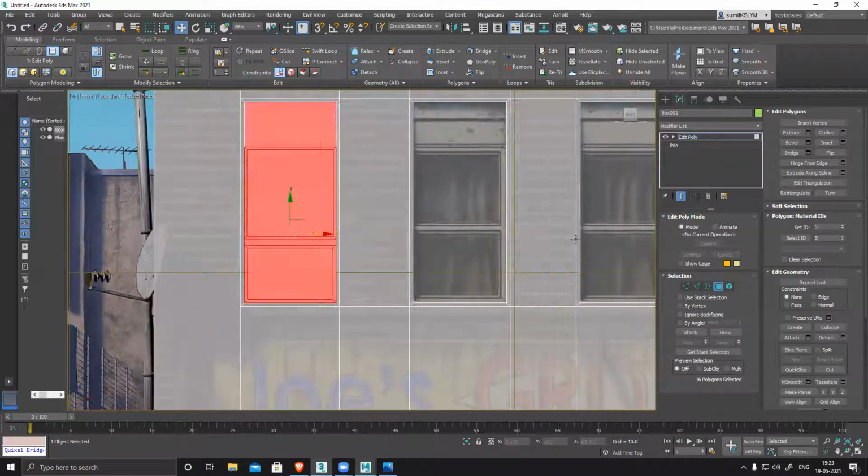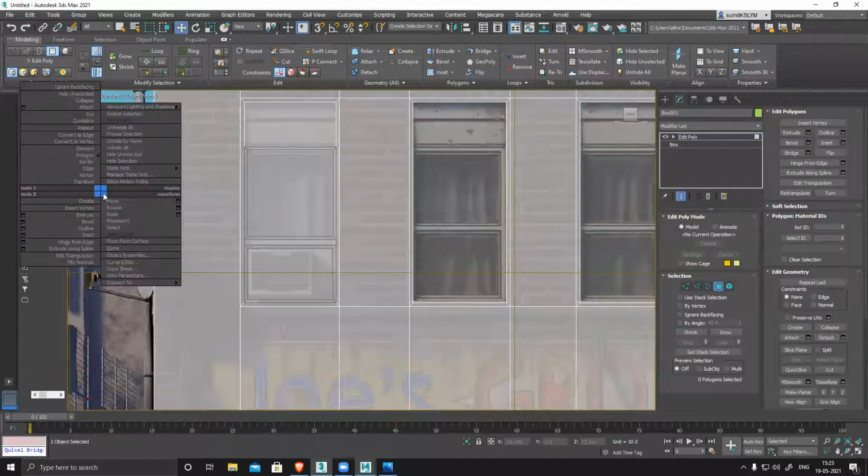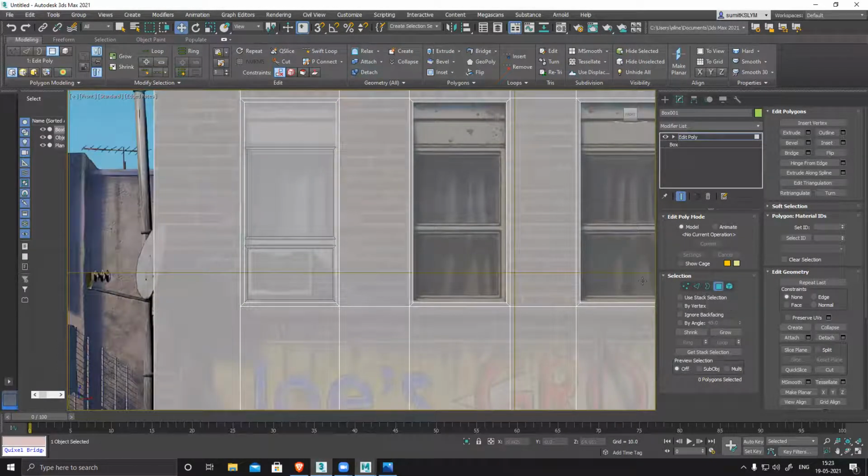Okay, if you shift-drag, previously it used to create a separate item, but now it's extruding this thing. So I'll just click on detach. Done. Right click, exit this.